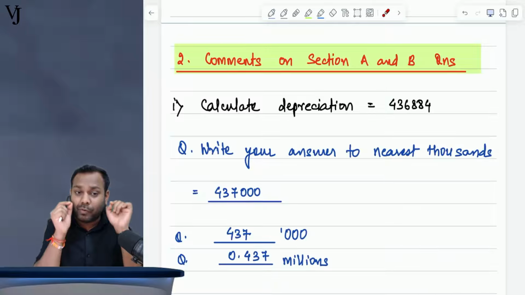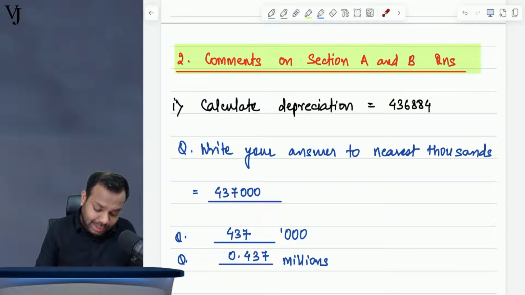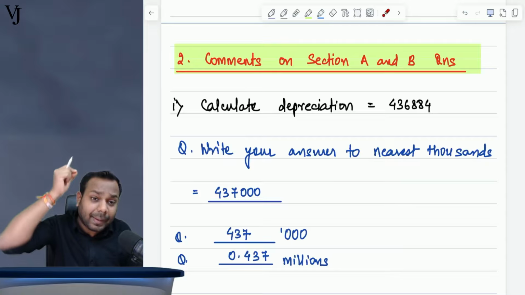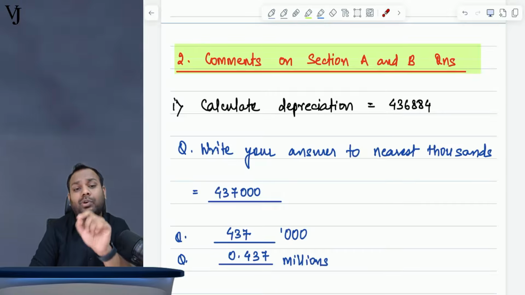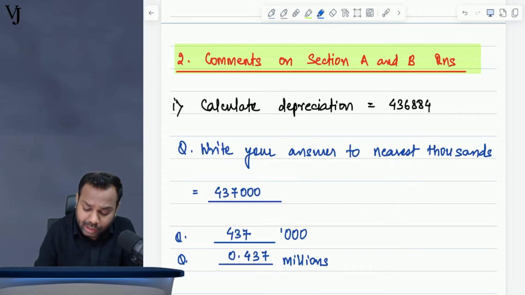So please watch this sincerely and understand. Now in section A and section B, as we know, there can be a question on one-word answers, and a student does make the mistake even though they know the concept. Let's suppose there is a question which asks you to calculate the depreciation, and you have very well calculated depreciation